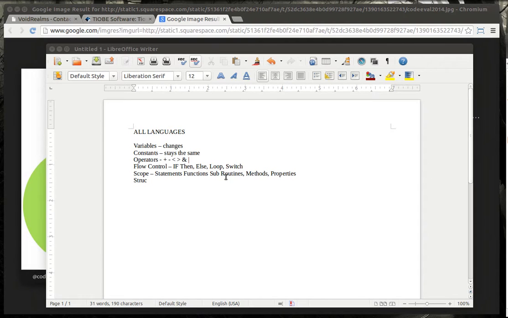Sorry, my computer's glitching up on me a little bit there. You'll have structures. And these would be data types, structs, which is shorthand for structures, enums or enumerators, and you guessed it, objects.